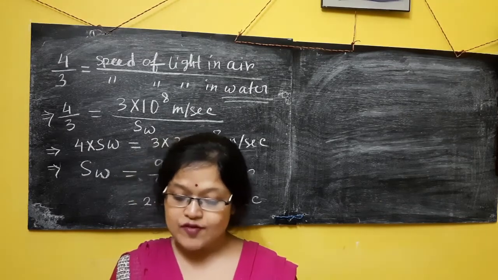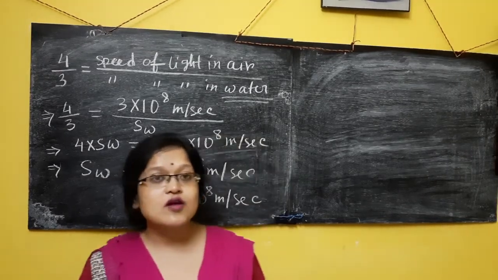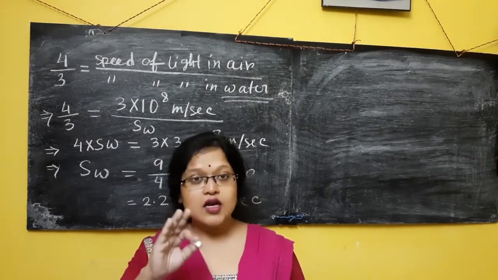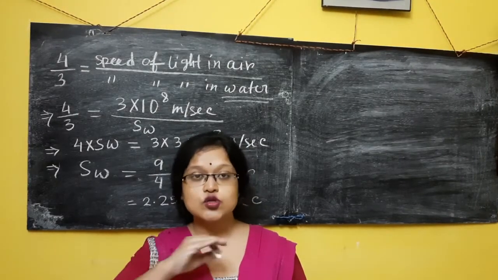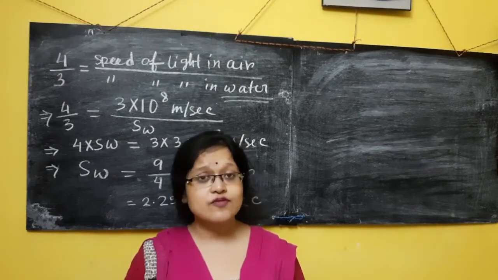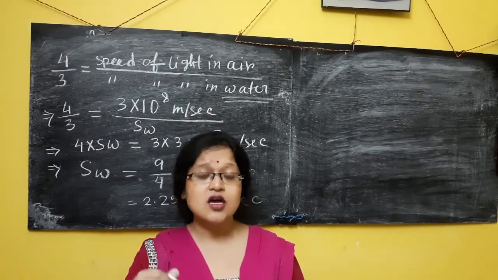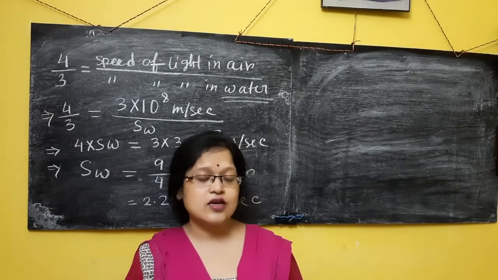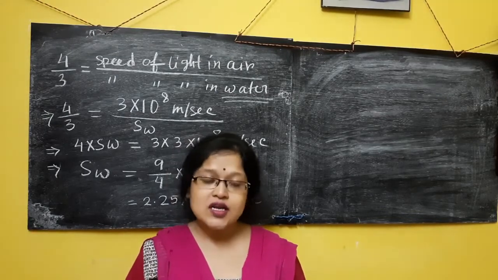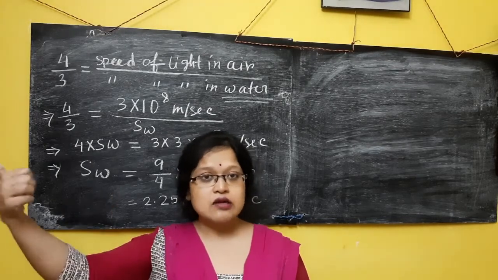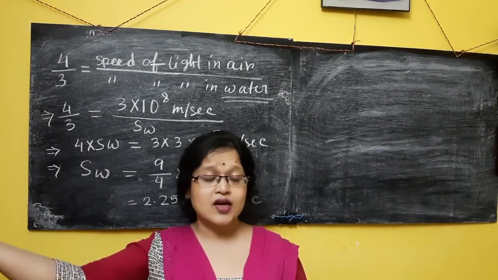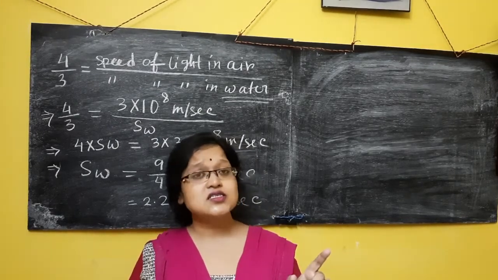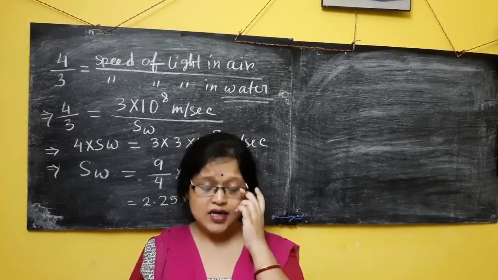Calculate the angle of deviation. Whenever a light ray passes through a prism, two things happen. There are two surfaces. First, there is the angle of incidence at the first surface, then there is a refraction. After refraction it falls on the second surface, and then there is a second refraction. Conventionally, the second refracted angle is taken as the emergent angle, and the first incident angle is taken as the incident angle.